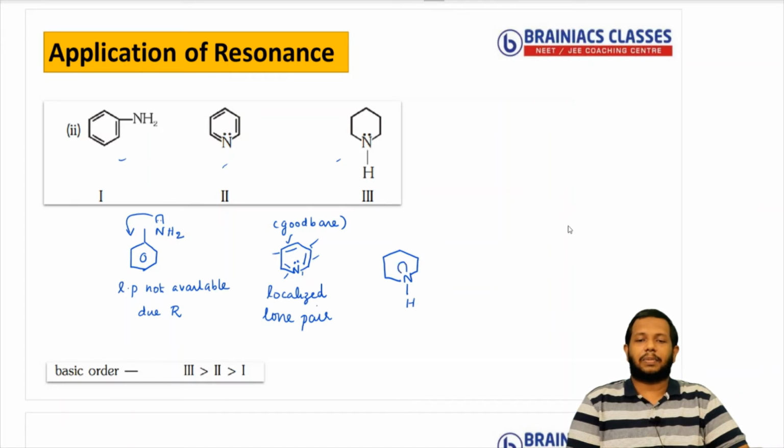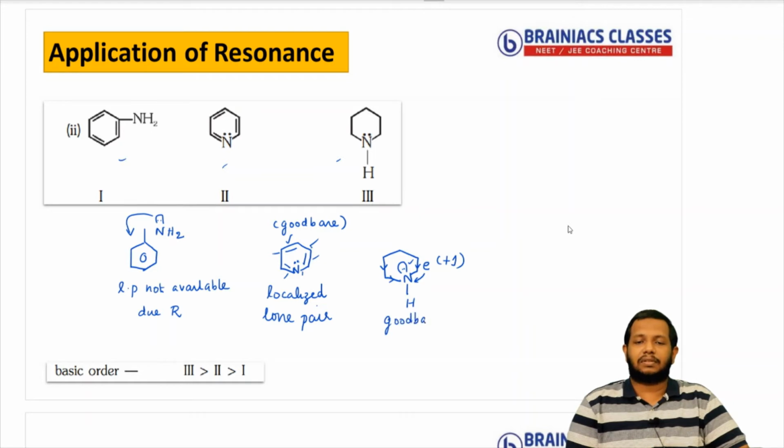And there is a lone pair. Now what is the advantage of this one? You can see here the lone pair is not involved in any resonance, but you have an adjacent CH2 group and everything. So that is also pushing or repelling electrons towards the nitrogen atom due to what effect? Plus I effect. So in the third case, the electron density on the nitrogen atom is very high. It can easily donate it. So I can say it's a very, very good base.